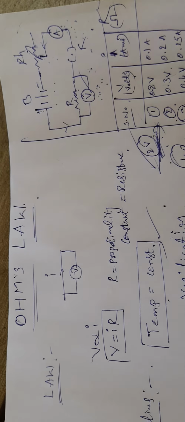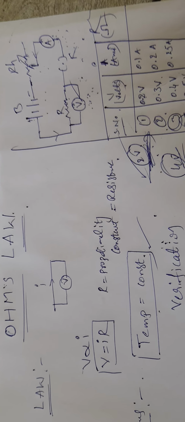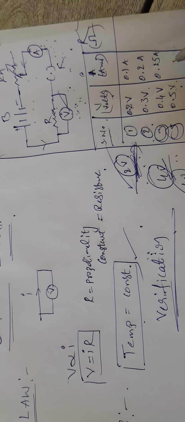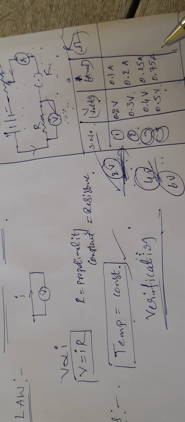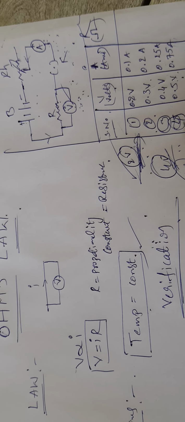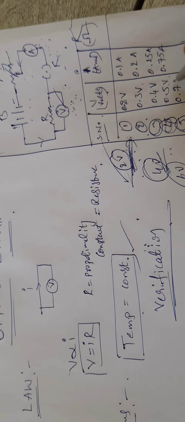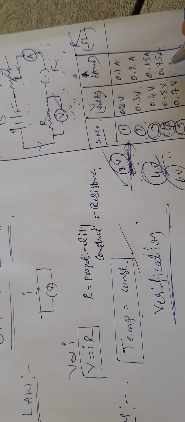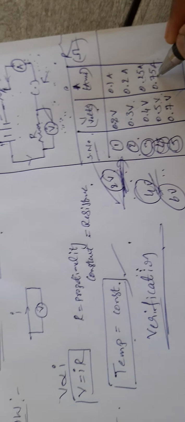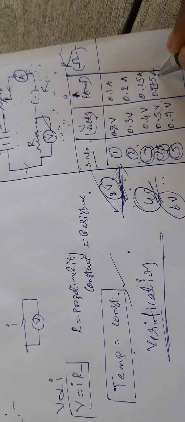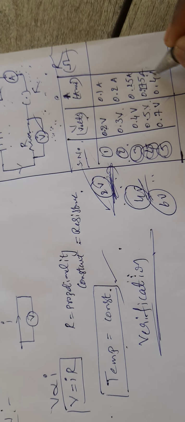Okay, I ensure that in the voltmeter I am increasing 1 unit as I wish. Therefore I am obtaining the value of current this way. Now I got here 0.75 amperes. Next, here I have increased 0.5 to like 0.7. Therefore I am obtaining 0.25, 0.275 it will become. Now I got here 0.4 amperes directly.